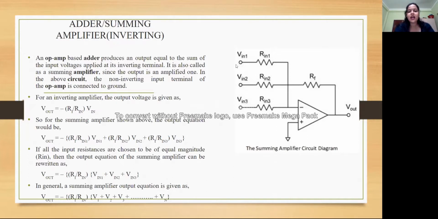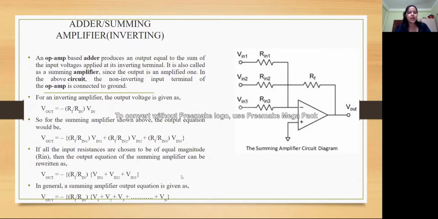Now these 3 input voltages Vin1, Vin2, Vin3 are connected to the input terminal with the resistances R1, R2 and R3 respectively. This is all the diagram explains. Now we have to prove that we are getting the output as the sum, the addition of these 3 input voltages, and hence we can say that this circuit can be used as an adder circuit or summing amplifier circuit.